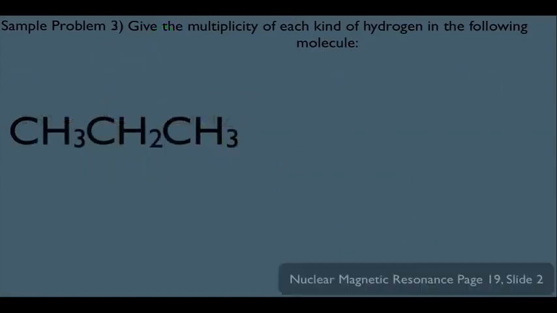What's the multiplicity for this molecule? Well, again, let's label our hydrogens. These are the A hydrogens. These would be the B hydrogens, and because of symmetry, these would be A hydrogens as well. So let's start with the A hydrogens and try to figure out their N